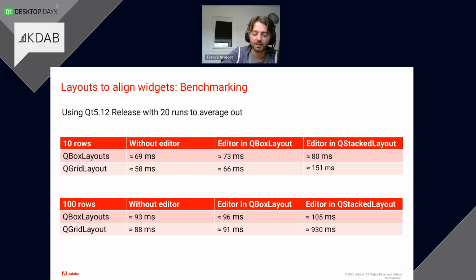With a bit of profiling, we realized that QStack layout basically has some code in the setCurrentIndex function that is trying to handle some aspects of focus transmission. In order to do so, it goes to the parent of the layout. In our case, since we were in a grid layout, which is the main layout, it would go for the main widget of the whole main window. And then it would pass through all the children to have some nice focus logic and give the focus to the right person in a nice way. But since you have 100 rows, it basically started to parse the whole object tree again, taking a lot of time for actually nothing,